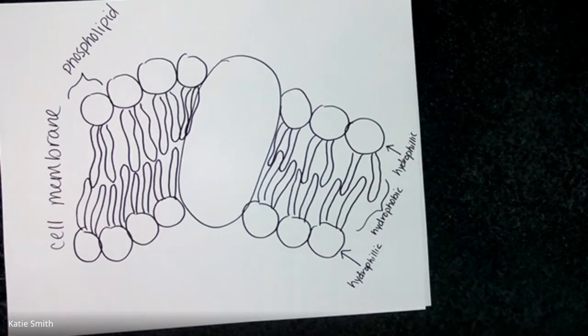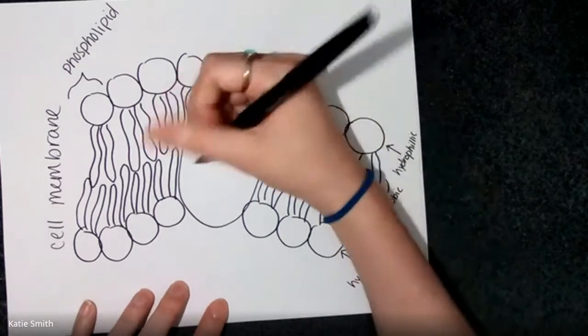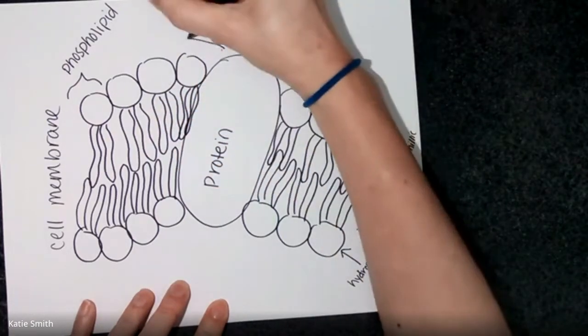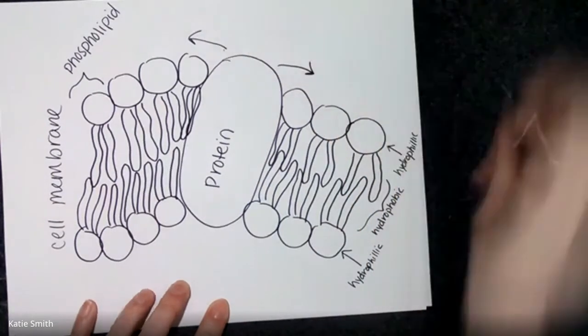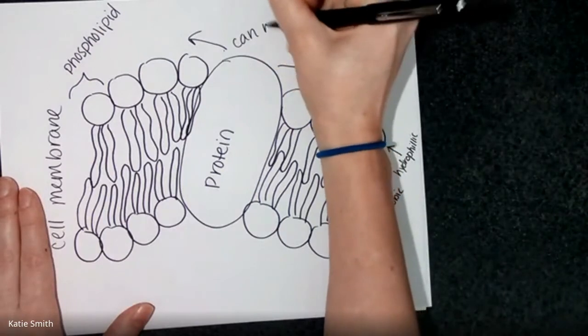Our cells can situate themselves to the type of environment that they need to a certain extent. Cells aren't always this rigid shape. They can change shape in order to fulfill whatever need they have, and that shape is dependent on what is in the proteins. And so again, this is just an example of a protein. And because of this fluid mosaic model, because of these weak reactions, this can move